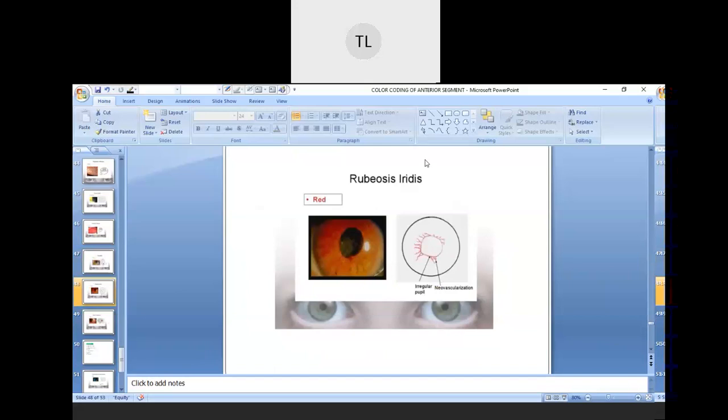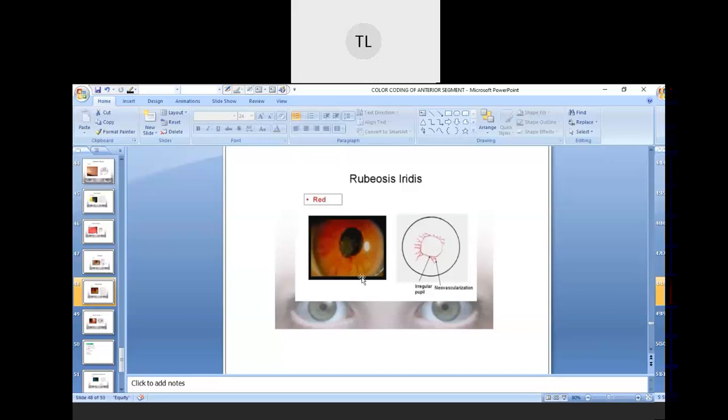Okay. So see, rubeosis iritis is actually the new vascularization of the iris. This is very important. In rubeosis iritis, it can lead to a blockage. This can be seen in the glaucoma patient as well. So this is your irregular pupil. You can see the pupil is not round, right? If it is not round, then we have to write irregular. And then we have to test the reaction of the pupil. If it is reacting, then we write round, regular, reacting to light, that is RRRTL. That means it's normal.